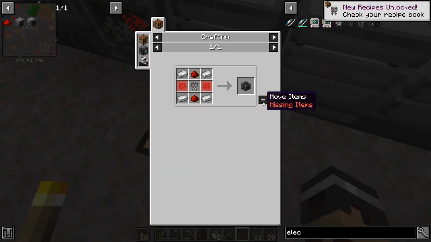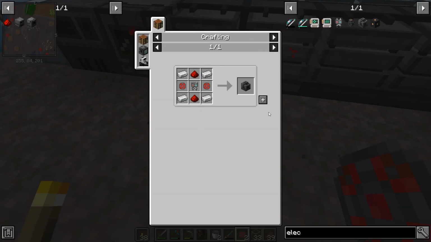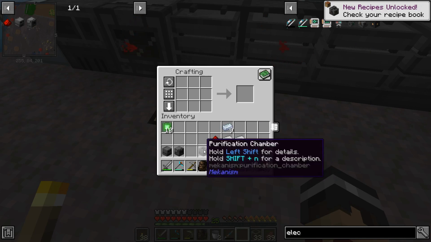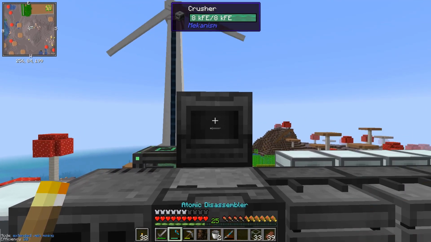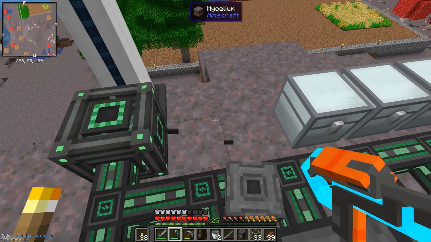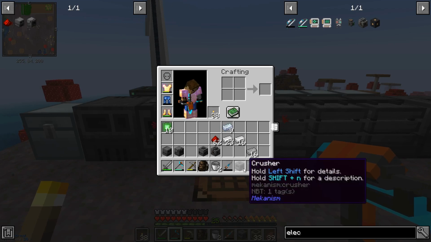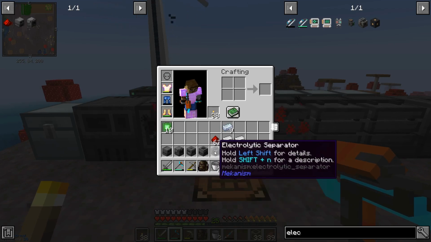And then for the separator, yeah, we just need those 2. And that's 2. Right, so we should be able to craft this now. And then we just need to get our crusher back, and we've got all the machines that we need. I need to take that off extended bit mining because that could be dangerous. Okay, so that's all the machines that we need, but what we also need for the separator is we need